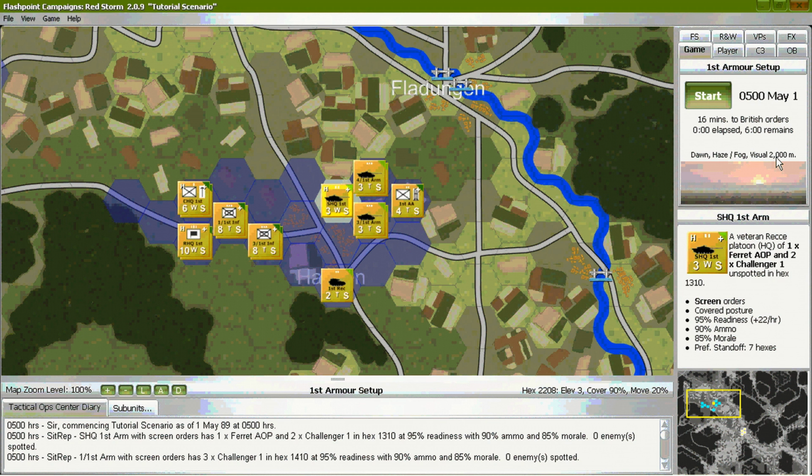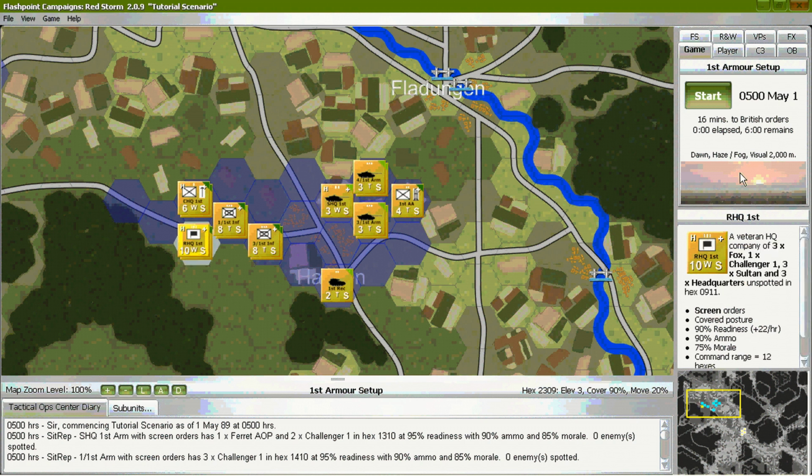This 2,000 meter value differs from the value found in the quick start guide simply because we started the scenario and there's a little bit of randomization. Our reconnaissance unit can see further, but we will circle back to it later.